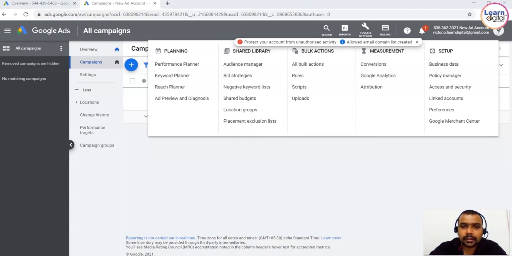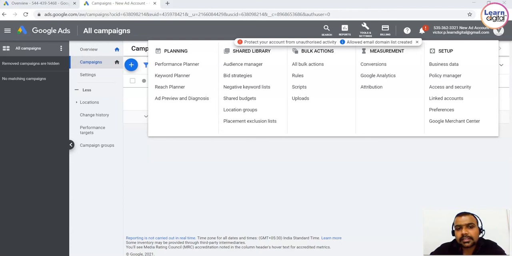If there is some error or if whatever I've done is not up to the expectation, then I always have an option of coming back to the existing campaign and editing it. I can edit the existing campaign and make sure this reaches the right audience in the market. Ultimate aim of any Google campaign is what? We are spending a lot of money to reach the right audience. So for that, this ad preview and diagnosis will be really helpful for you.